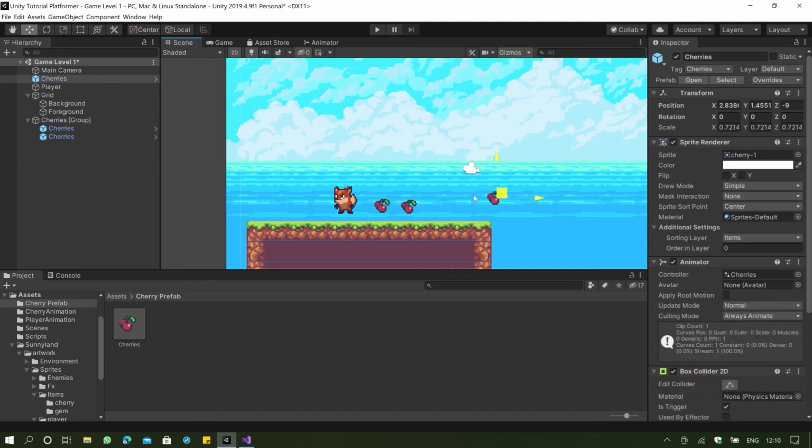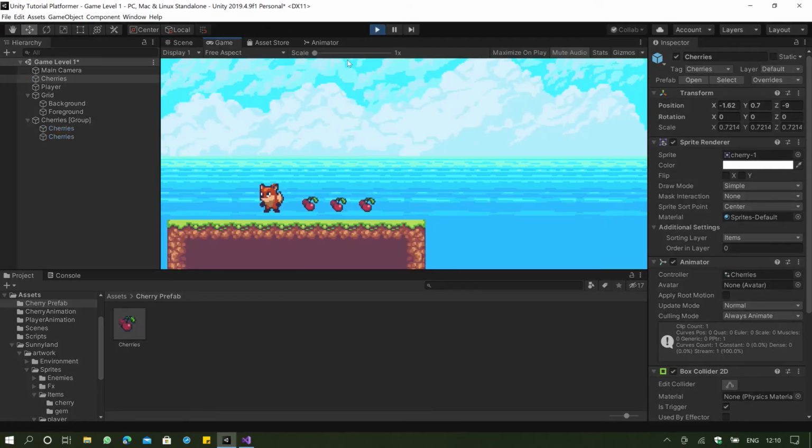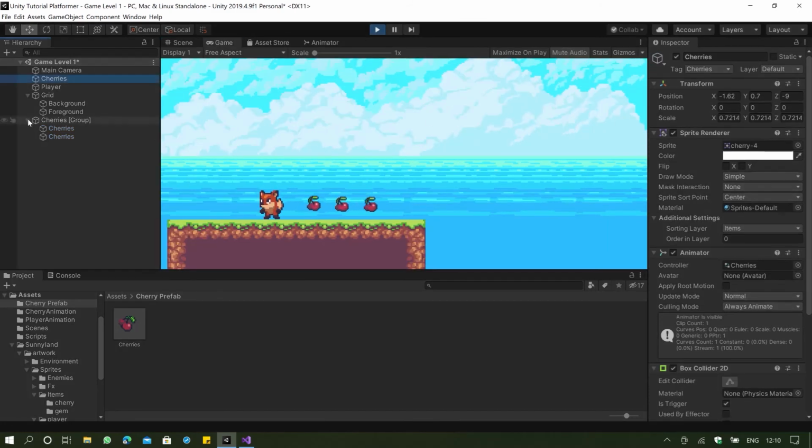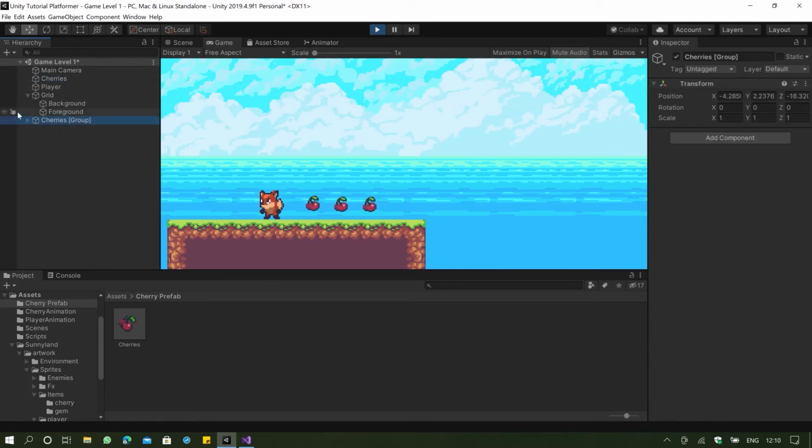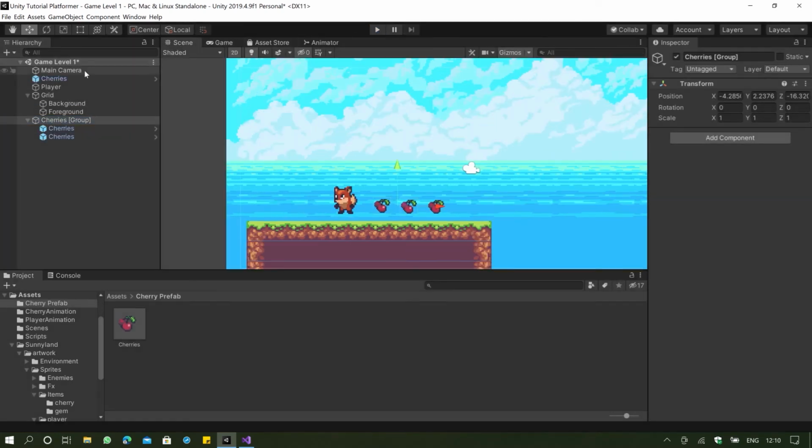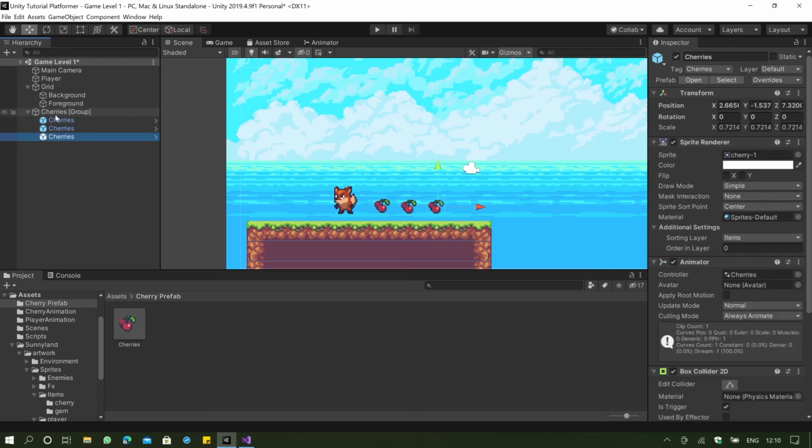We have multiple cherries, like so. And when we click play right now, we can see if we go to our player here. This is the reason why I wanted to make a cherries group. If we connected all the cherries, wait, give me a second. Let me just put on all the cherries. If we put on all the cherries in our cherries group here,